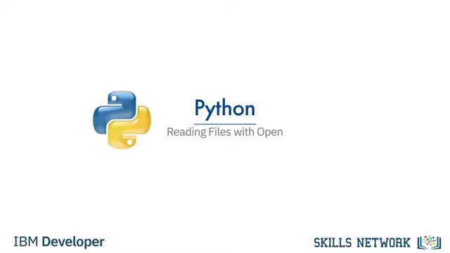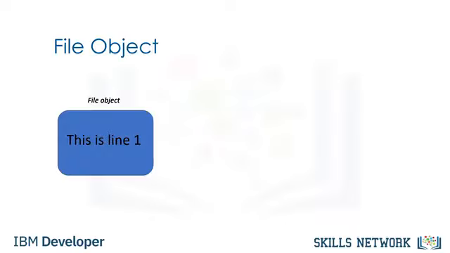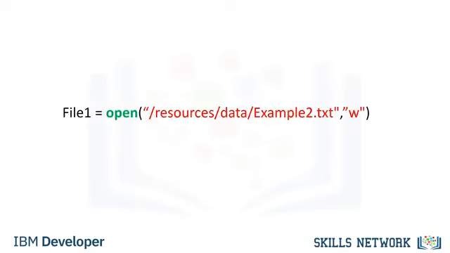In this section, we will use Python's built-in open function to create a file object and obtain the data from a txt file. We will use Python's open function to get a file object. We can apply a method to that object to read data from the file. We can open the file